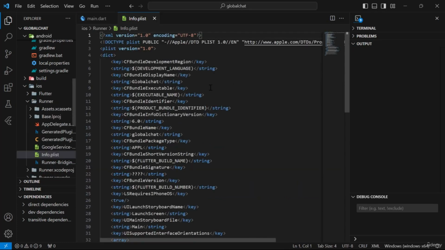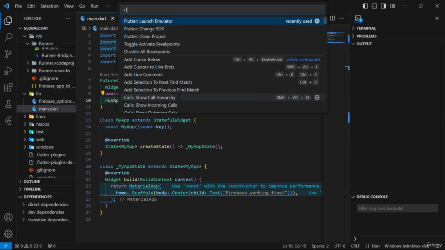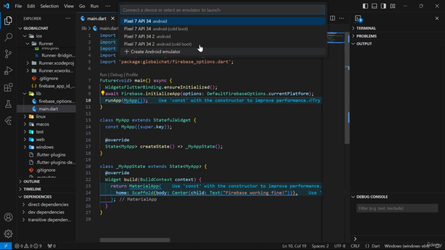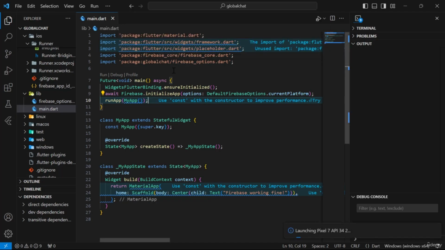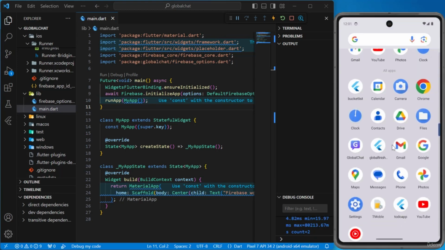Alright. So select it and then let's change this CFBundleDisplayName from Global Chat to GlobalChat in camel case. Save the file, and we are all done changing the app icon and app name. So now we can go ahead and start the debugging process. Launch the emulator and start debugging. So everything is working fine here, and if I minimize this, you can see that the app name and icon